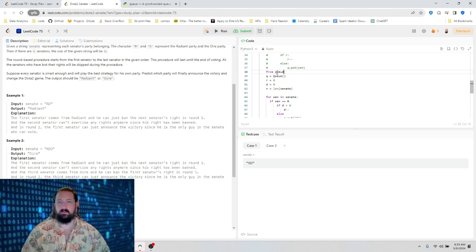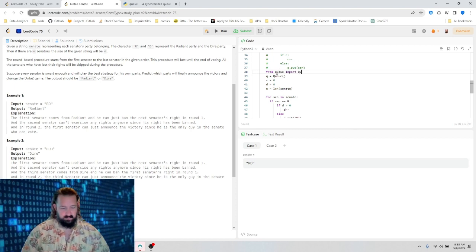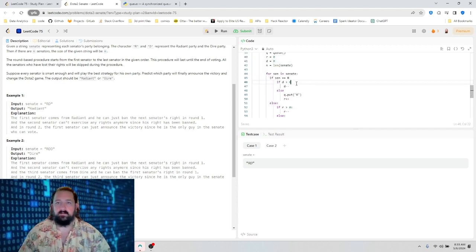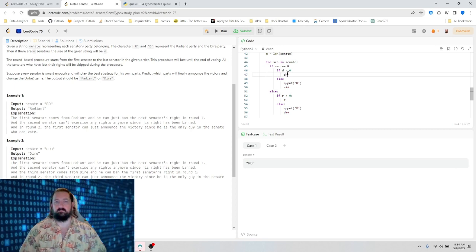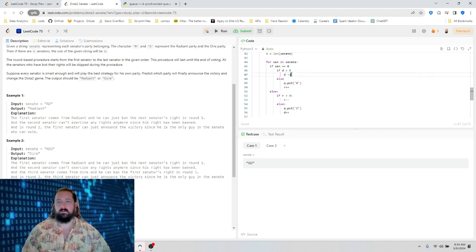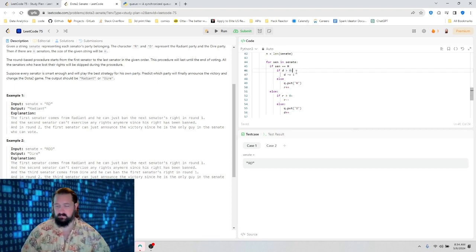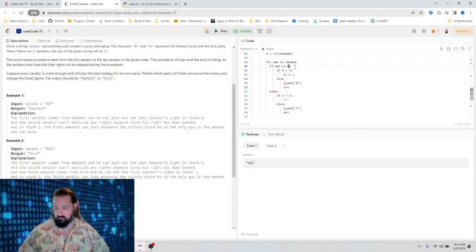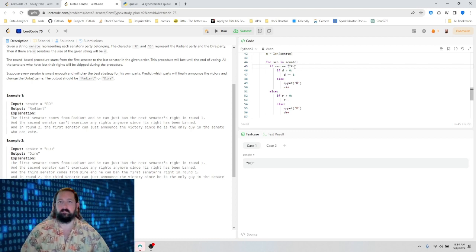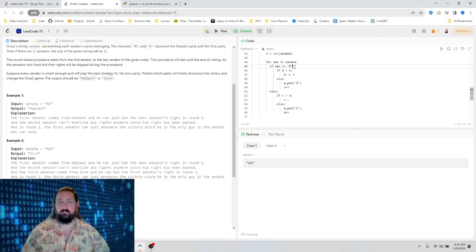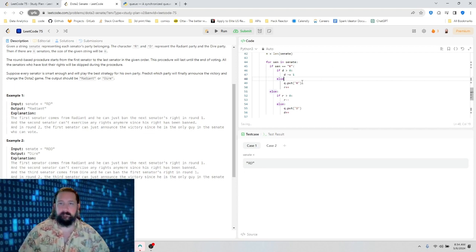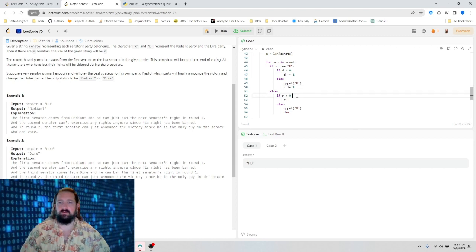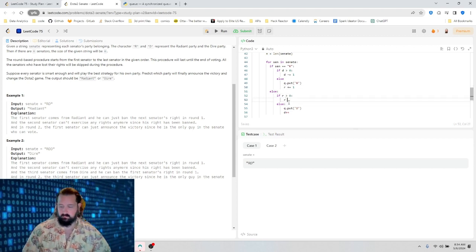From Q, import Q. Okay. This is minus equals 1. Plus equals 1.